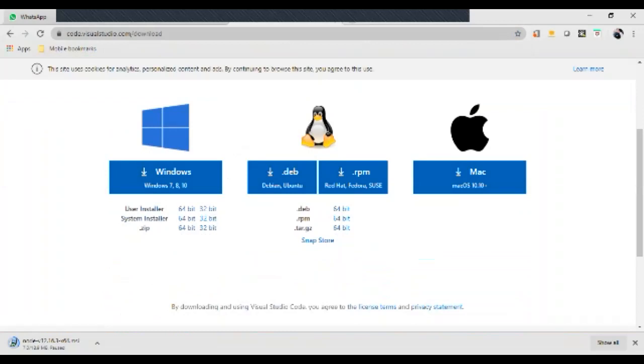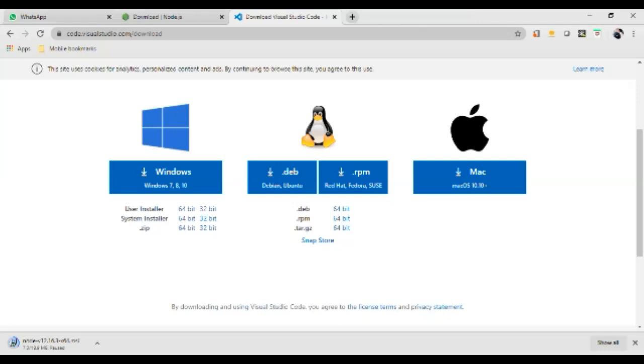Can we use Eclipse? No, for a better experience, you have to use Visual Studio Code or WebStorm, because you can easily debug the JavaScript here.